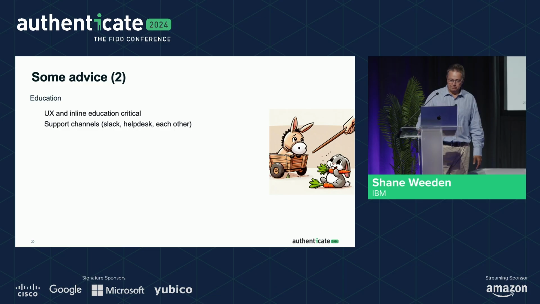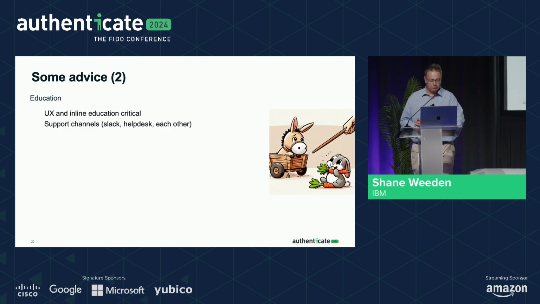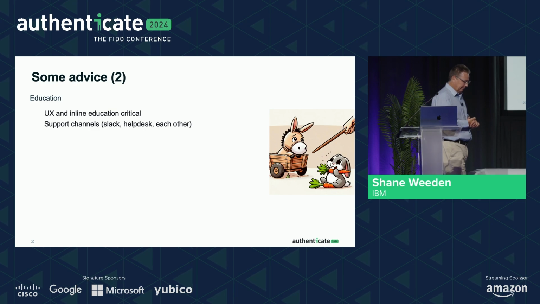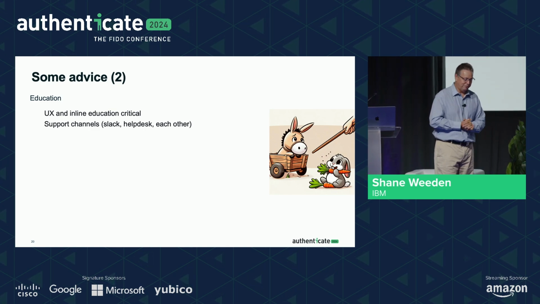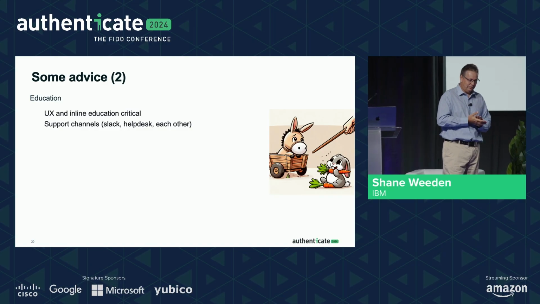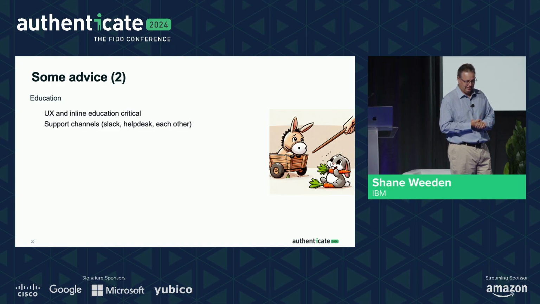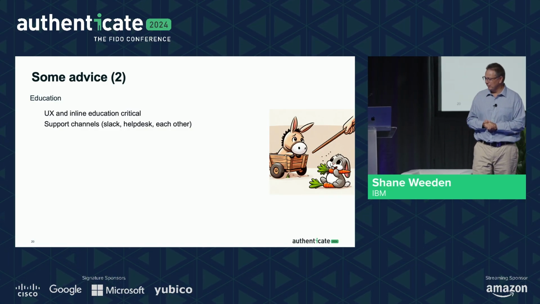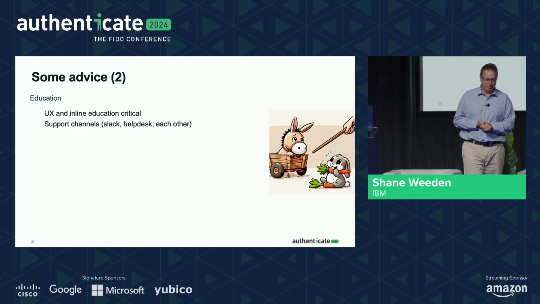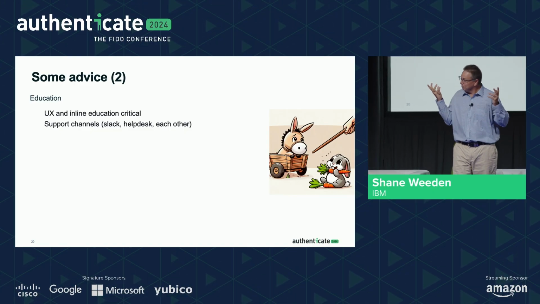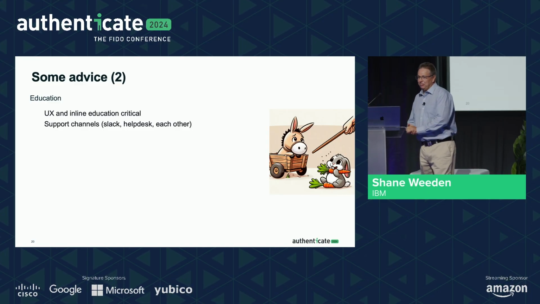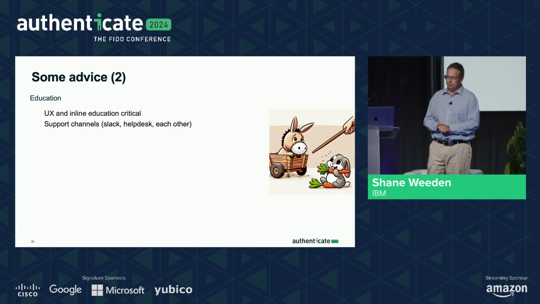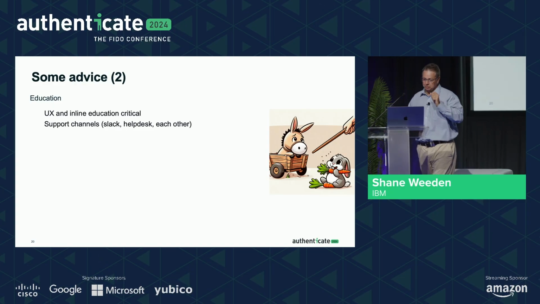Okay, second one, education. Now, I'm going to just show you something here in a minute. I wish we had more Doreens in our organization. If you were at the Microsoft keynote yesterday, you'd know what I meant by that. We seem to have more Homer Simpsons in ours. Like, they try something that doesn't work and they go, D'oh, I'll go to the help desk. So education about how to onboard with passkeys is really critical,